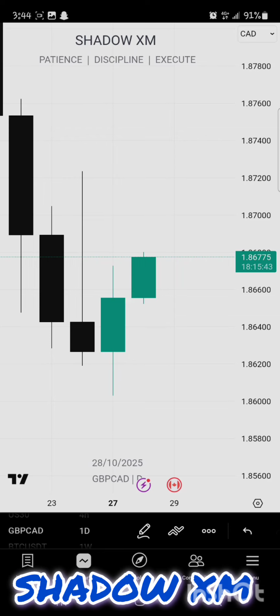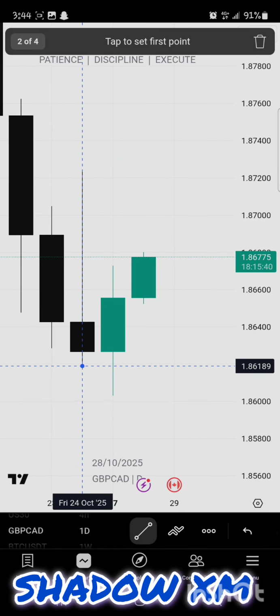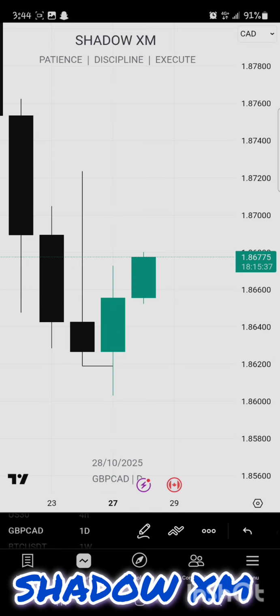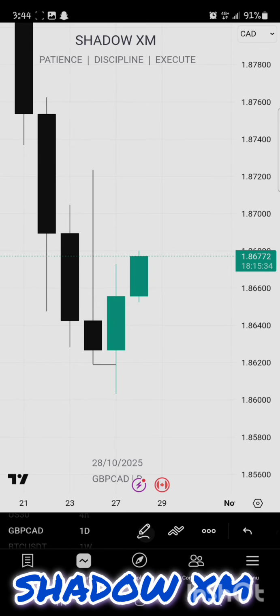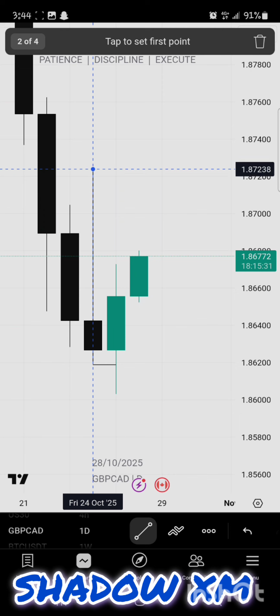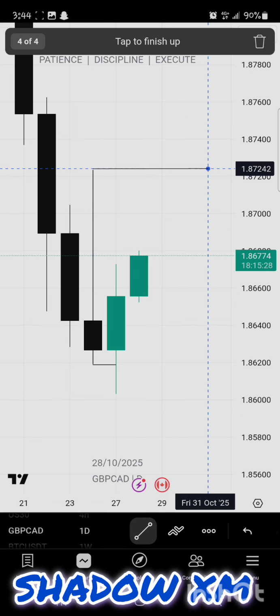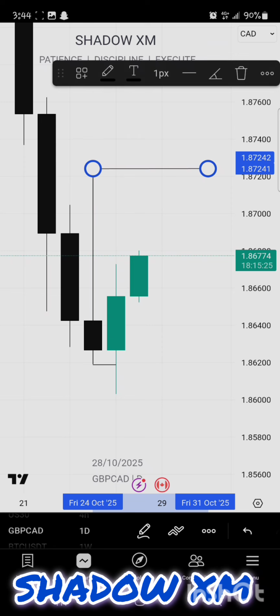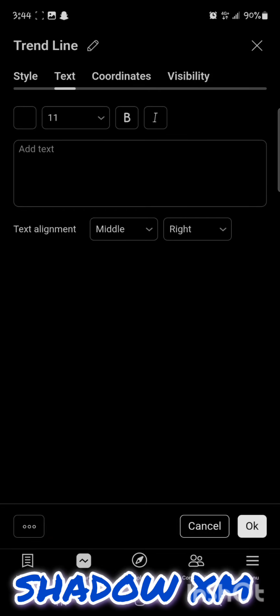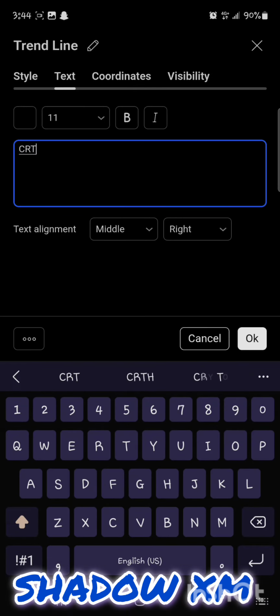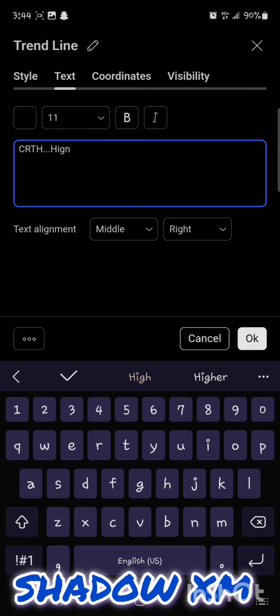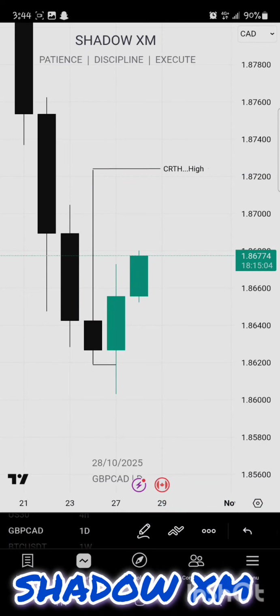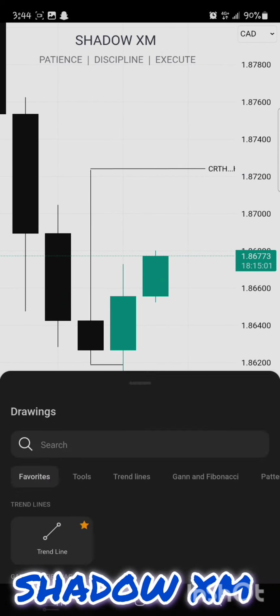So basically, this is the CRT low, and this is the CRT high. I don't know how many people know CRT, but so that's the high, meaning that